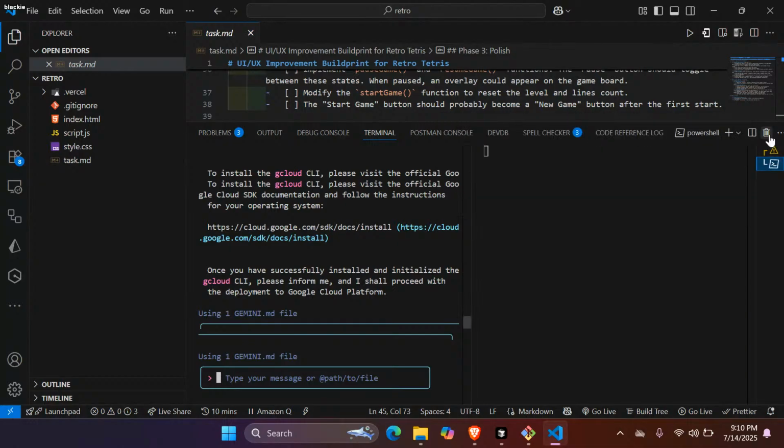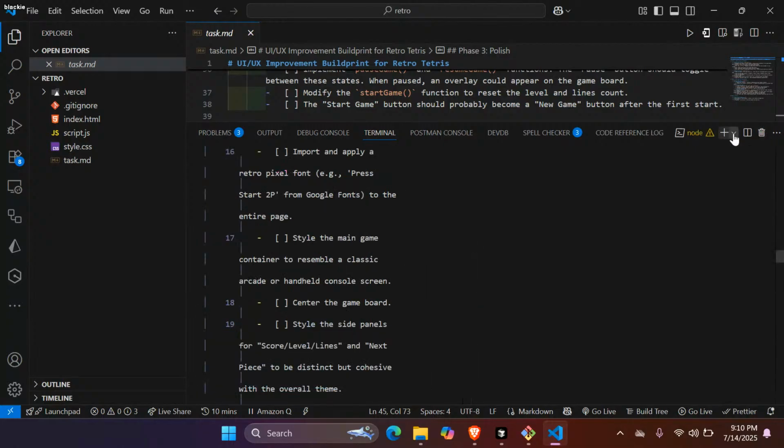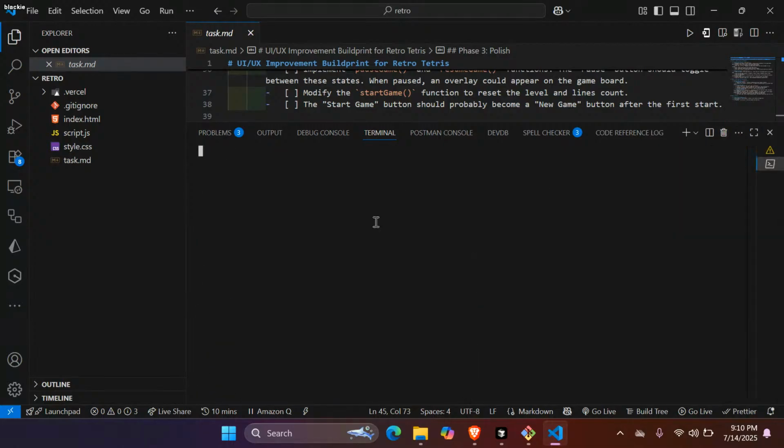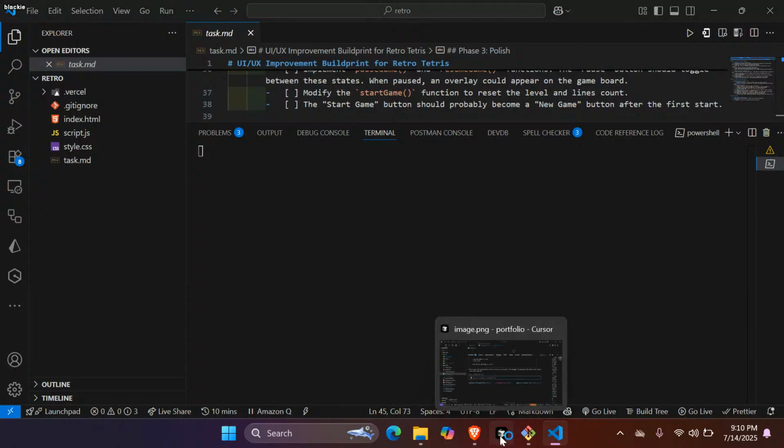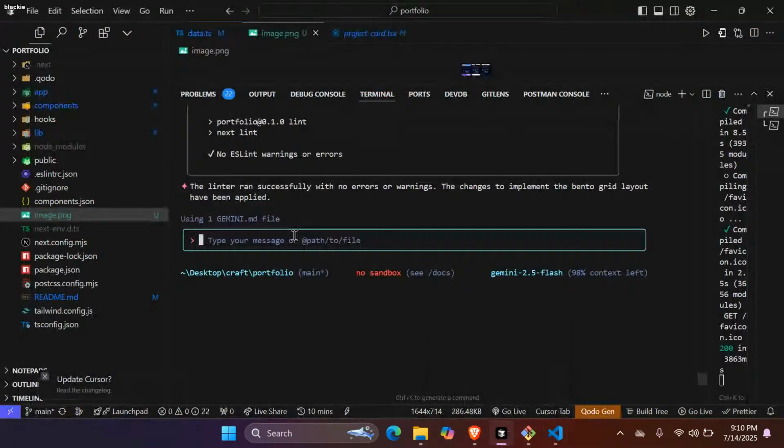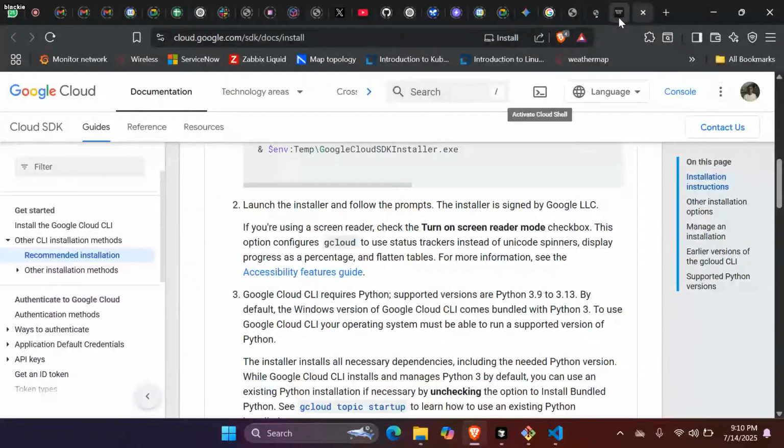Let me do PowerShell. Okay, the link transferred with no errors. Let's see if it works. Okay, sorry, we are doing multiple things at the same time. Let's see if this has turned.